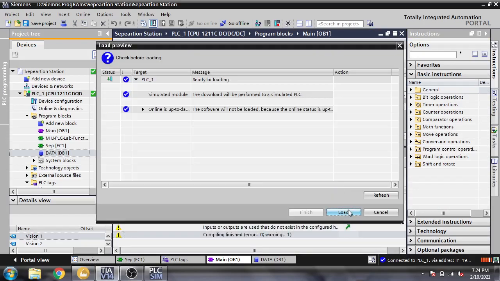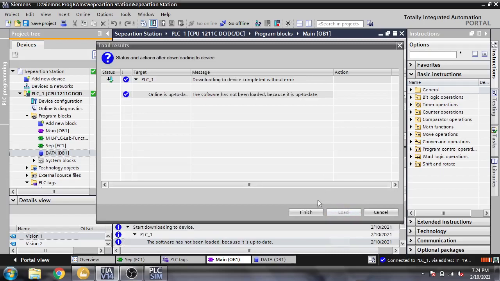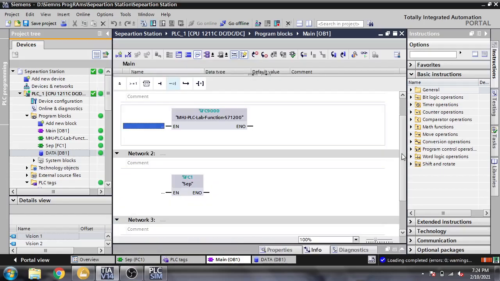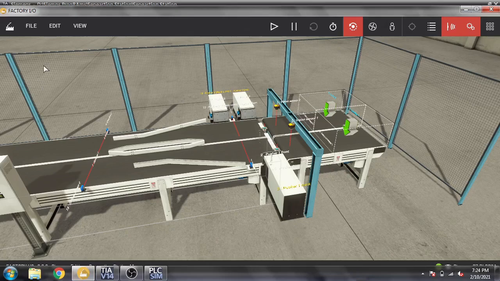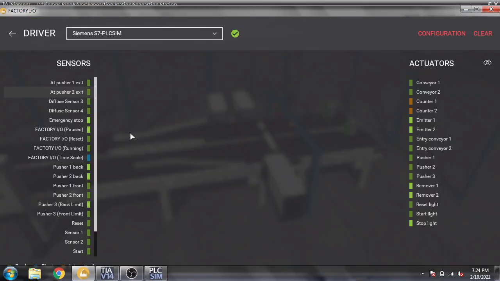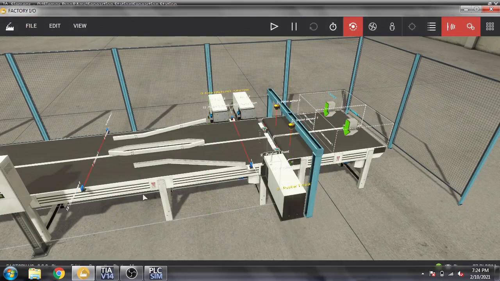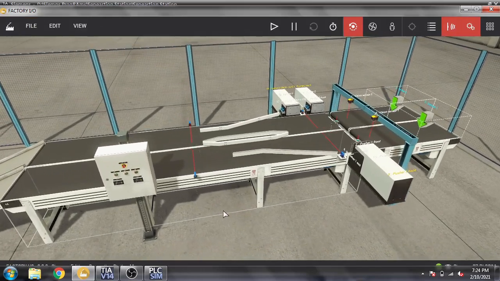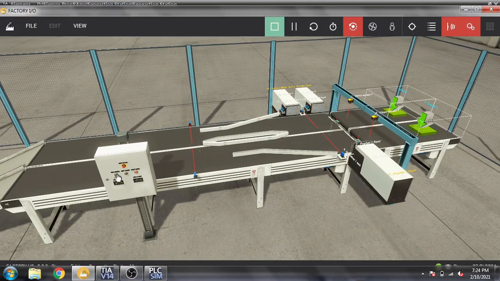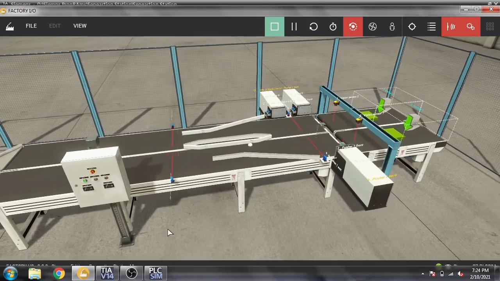We are going to run the download into my PLC. That is now connected. Now we are going to start that one, and you will see that.